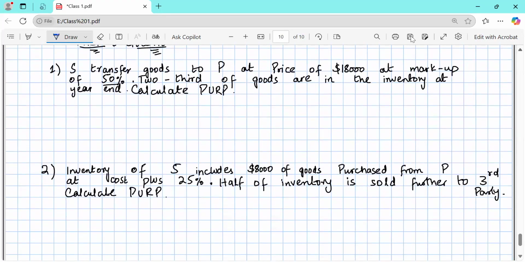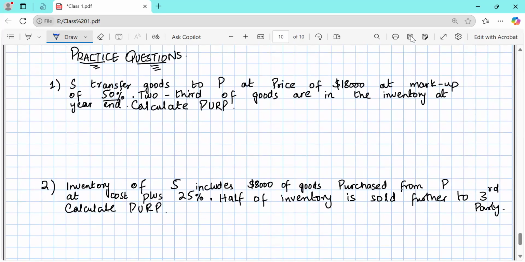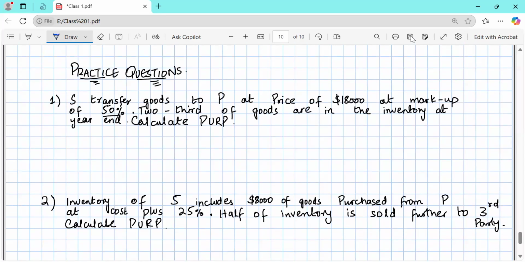You know what markup and margin is, right? I remember in FA there was a little difference when we counted. In markup, cost is 100%, and in margin, selling price is 100%. So cost plus profit is selling price, right?